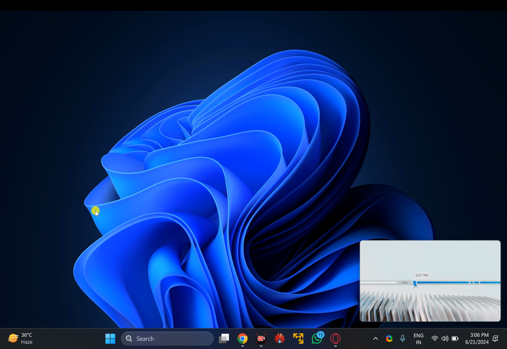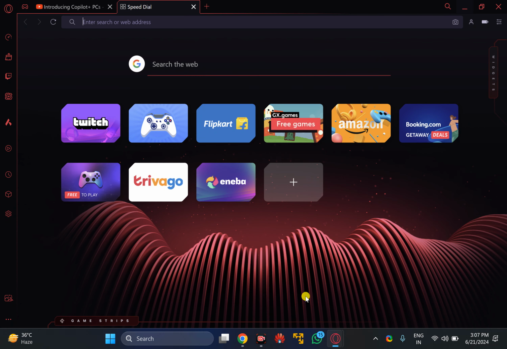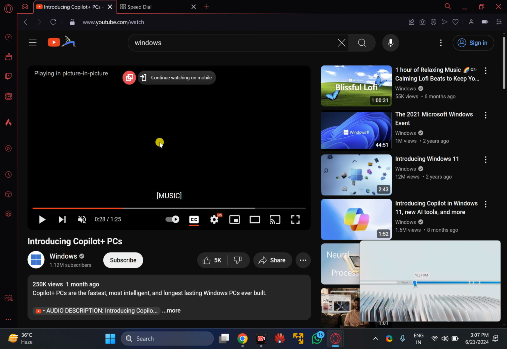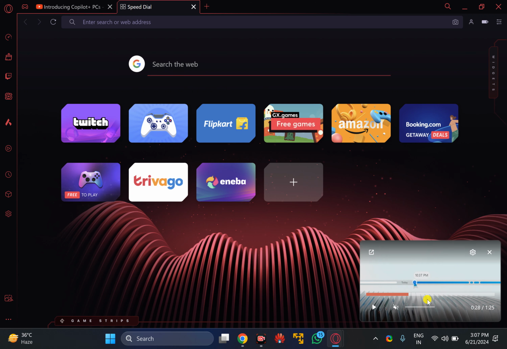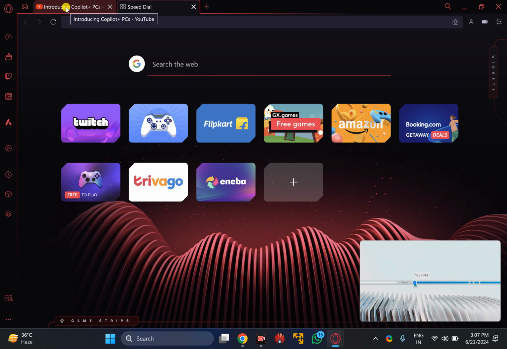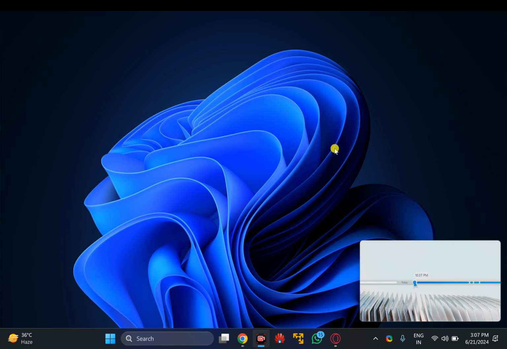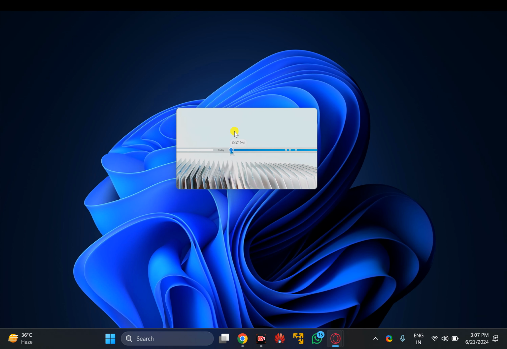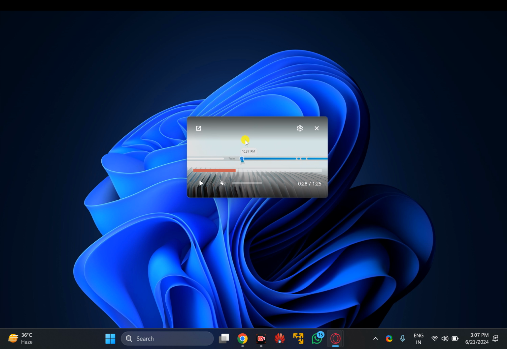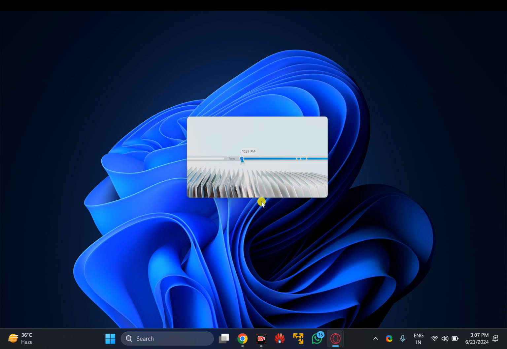In this video, we will guide you on how to disable automatic video pop out in Opera GX browser. In case you use Opera GX browser, while watching a video, you open a new tab and you notice that video is floating on the top of the screen. Even if you minimize the Opera GX browser, you notice that video is still available in a small window on your PC, then you can disable this behavior through two methods.